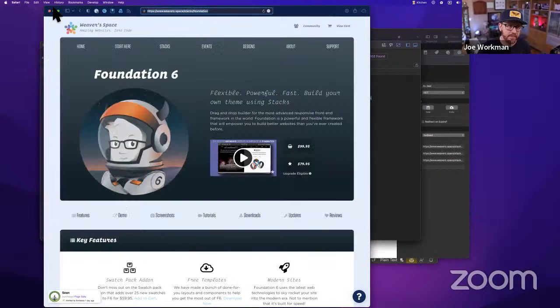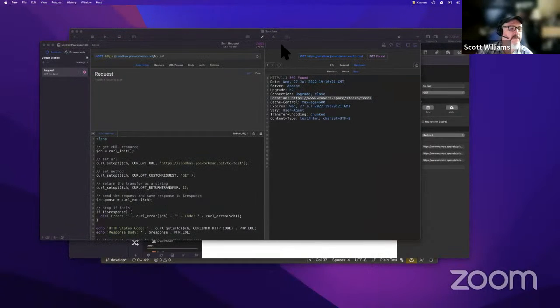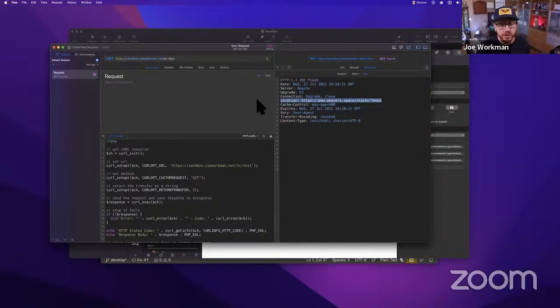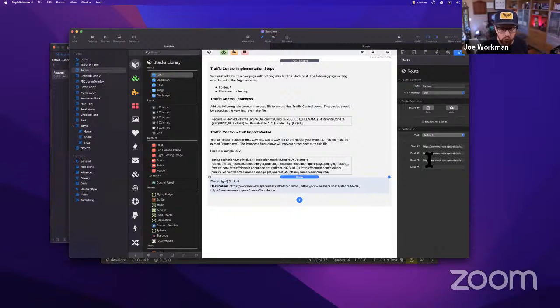Okay. The URL in the browser, though, is the real page. Yes. So this does do a redirect, right? So it actually does change the URL in the browser. Okay. Now, if you didn't want to change the URL in the browser, we can do what's called an